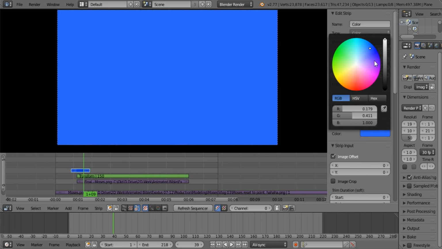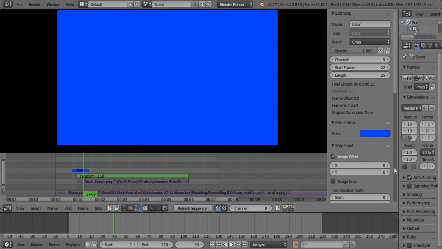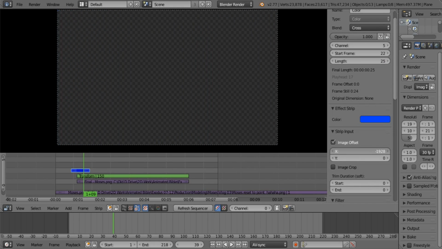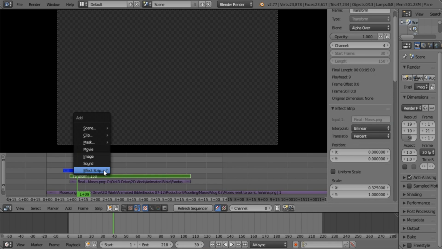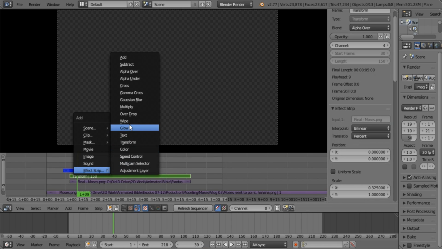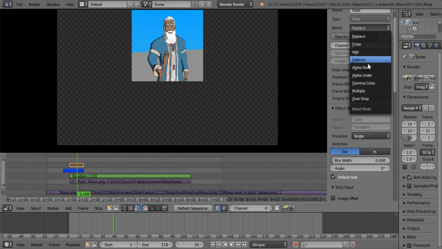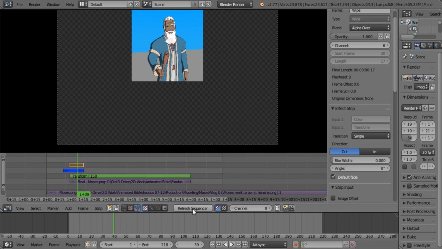I mean, you can make this like a blue if you like blue. You do need to offset it at your full resolution, so it leaves you with a nice clean alpha screen. So in this case, I offset it by what HD would be on the horizontal plane plus a little bit extra. So now you select that one and you select the transform, Shift A, and you add, let's say, a wipe. Okay. Now if you select your wipe and you add alpha over and you refresh it,